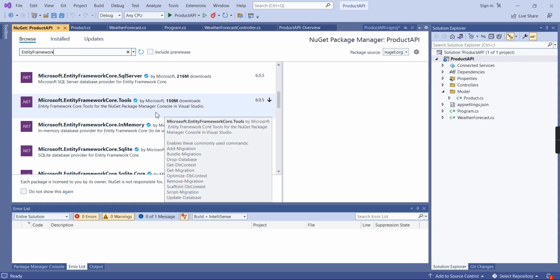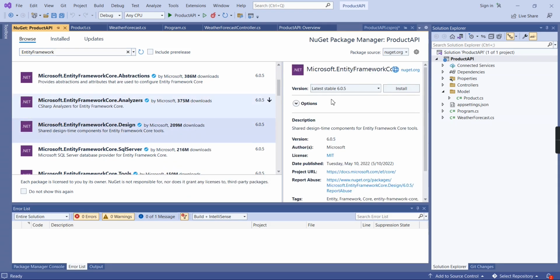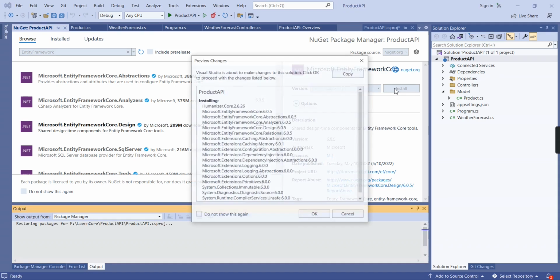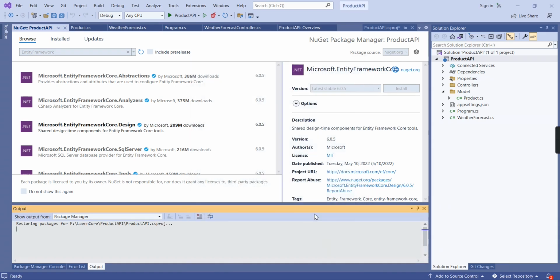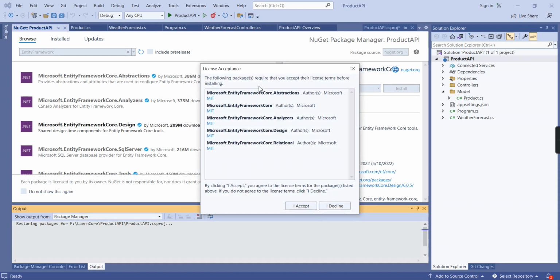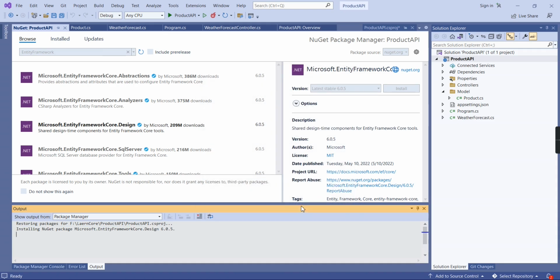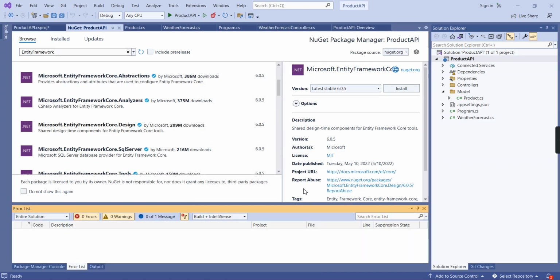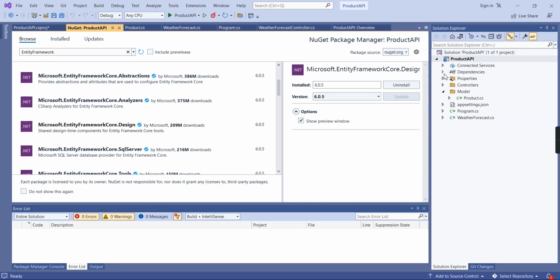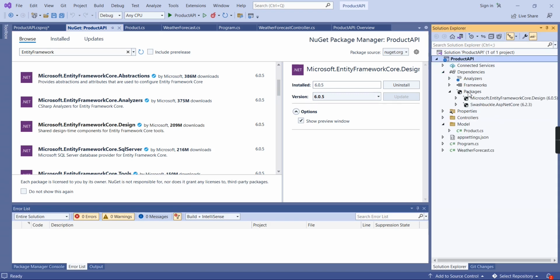Let me install this Design package. Okay, these are all required, so let me accept and complete the installation first. This process also takes some time. Okay, it looks like our installation is completed. We can verify from the dependencies side. See the